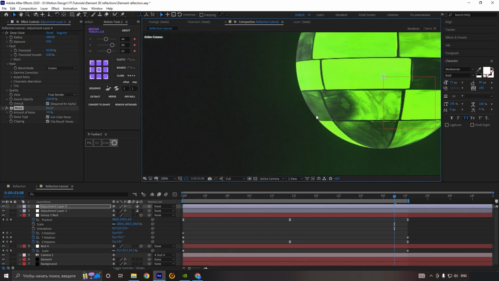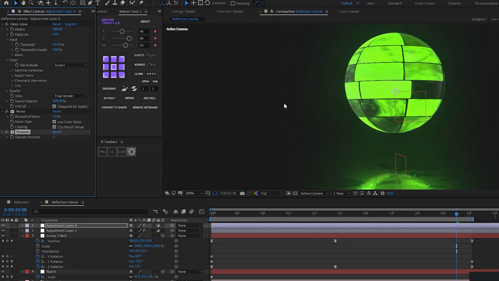And finally I will add some color grading effects, and I plan to make a tutorial about this topic in the